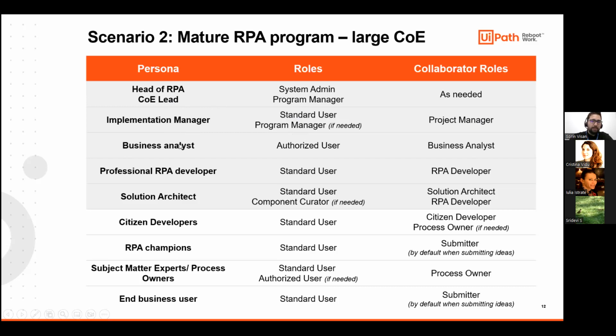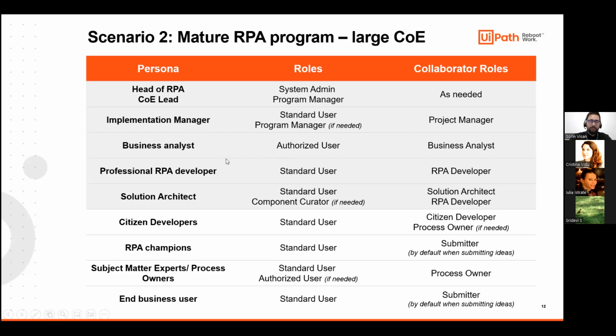The business analyst, again, will have the authorized user role in order to submit COE ideas directly after they have, for example, workshops where they analyze the process, and they already know all the details of the process. They don't have to submit a normal idea. They can just submit the COE idea, and then they can have the collaborator role as a business analyst on